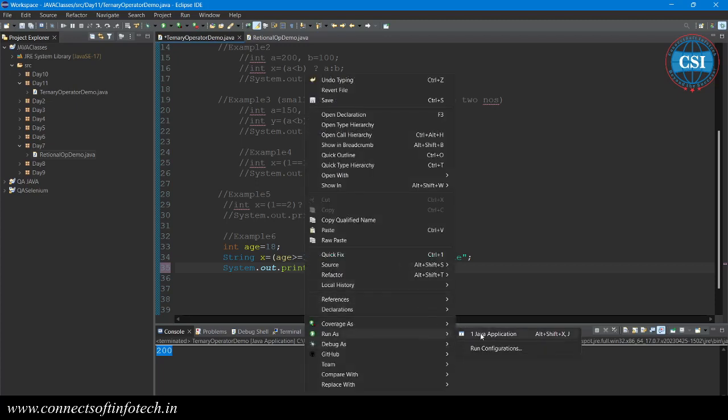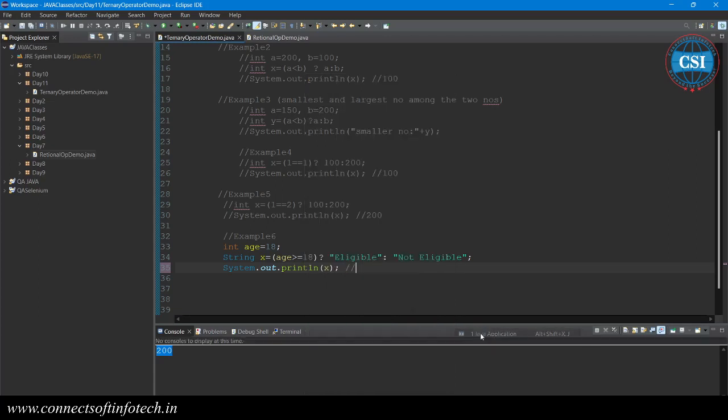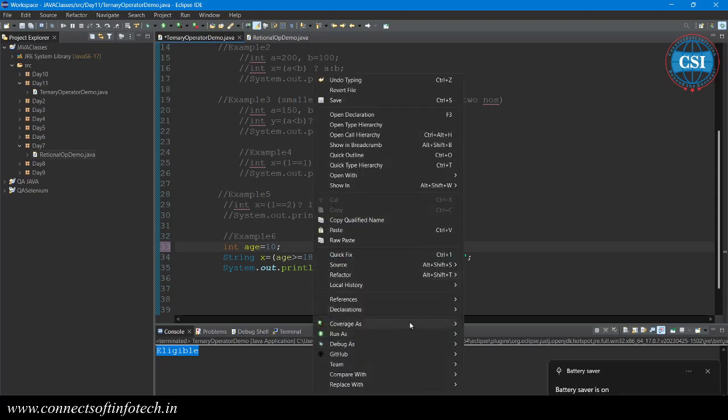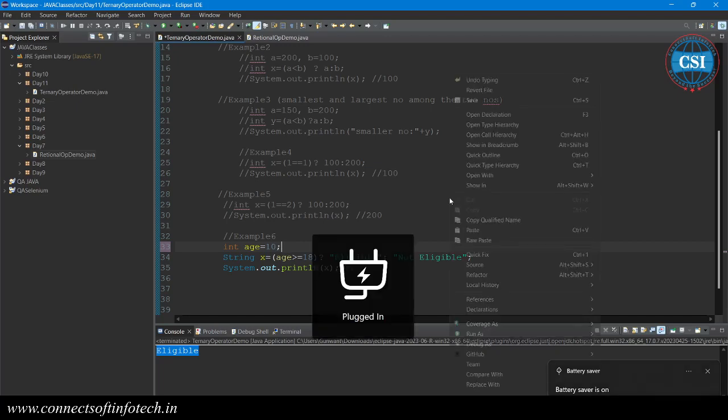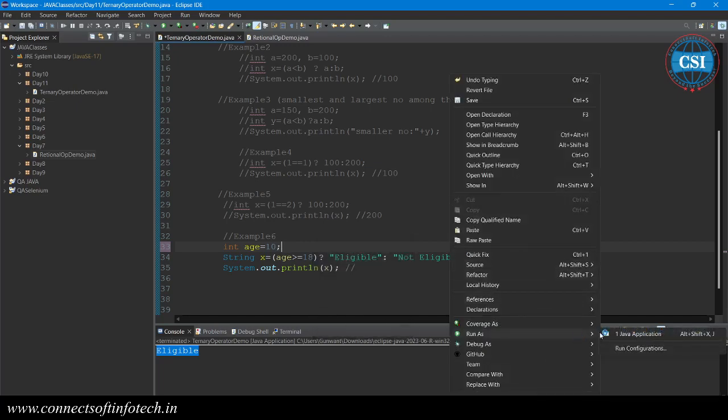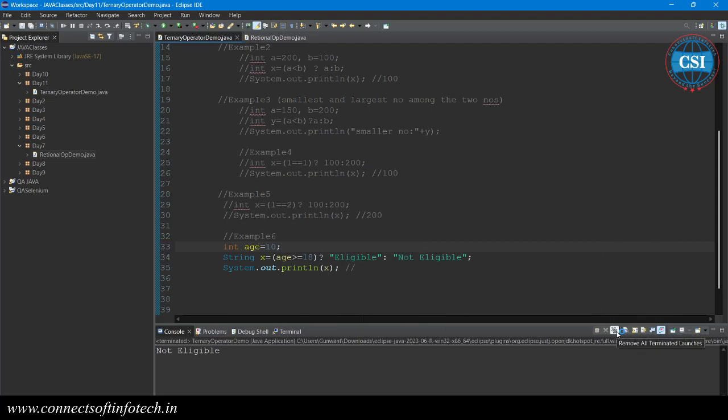Okay, true and false, keep in your mind. Okay, we need only the answer. Yeah, eligible, correct. If the person is 10 years old, which message is going to be printed in the output? Not eligible, correct? Correct. Yeah, so that